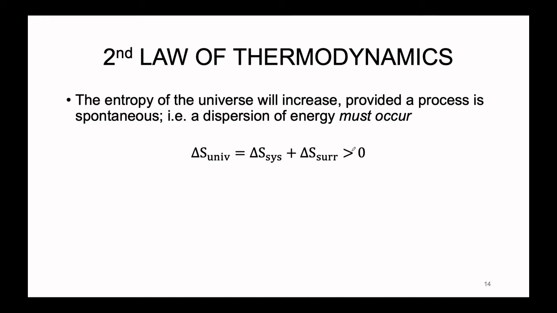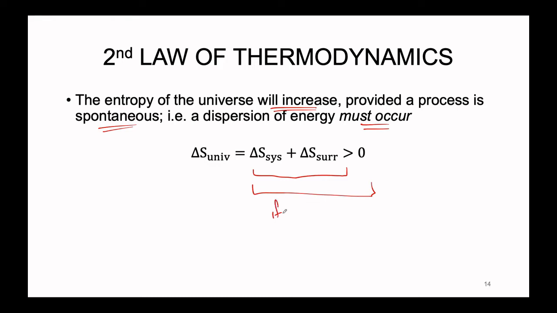All right, so what does the second law of thermodynamics state? Well, the second law states that the entropy of the universe will increase, provided a process that is being observed is spontaneous. In other words, a dispersion of energy must occur if we are observing a spontaneous process. We can represent the second law of thermodynamics in the equation down below. A change in entropy in the universe is going to be equal to the sum of the change in entropy of the system and of the surroundings, and this sum must be greater than 0,